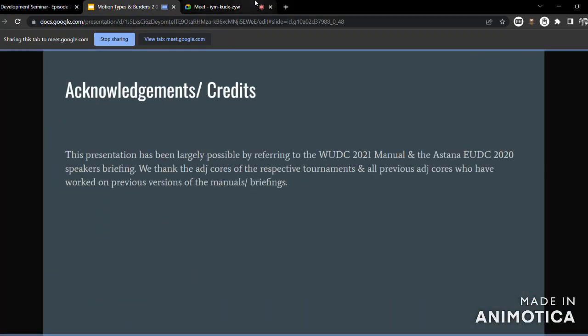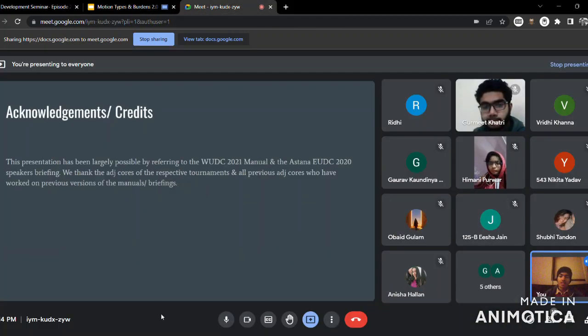So yep, these are just acknowledgements and credits. Like I said, there's a words manual that exists where there are a lot of guidelines. This workshop is majorly based on those guidelines and also a couple of other debating guides that I read somewhat, whose names I didn't mention, but those are there. I'll send them to you also if you want.